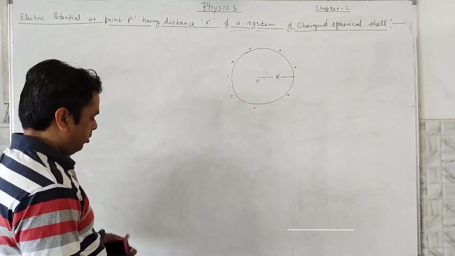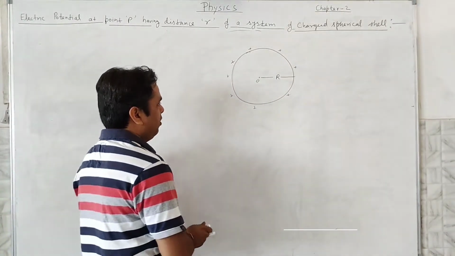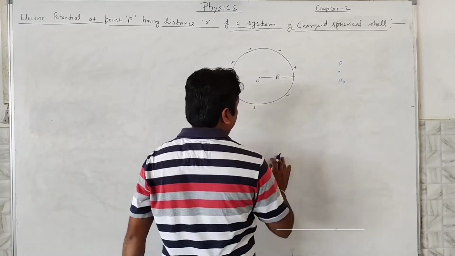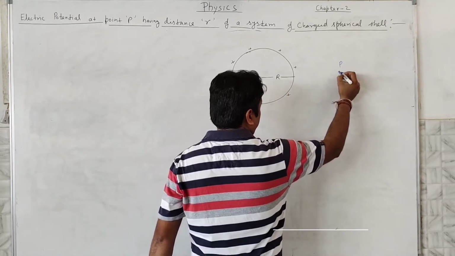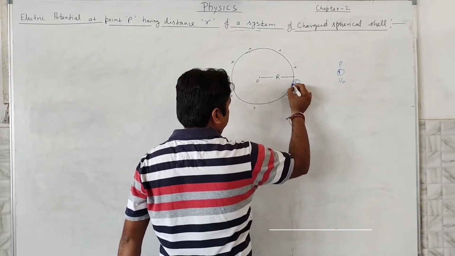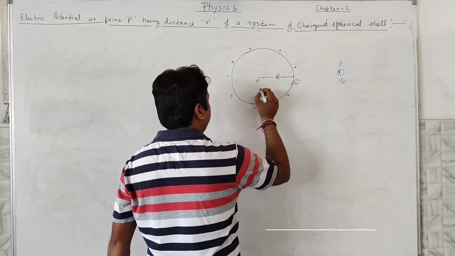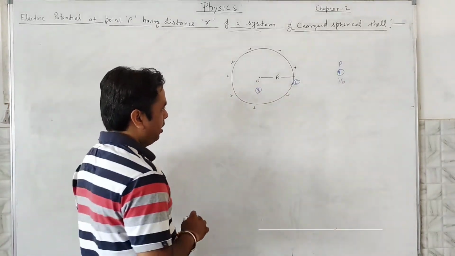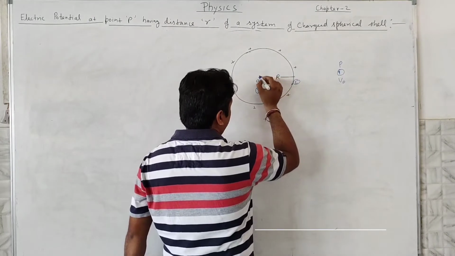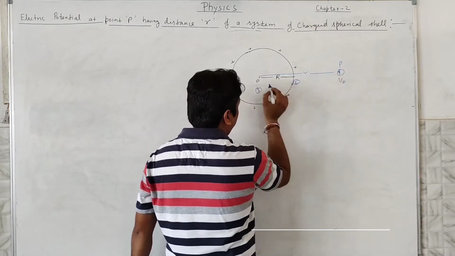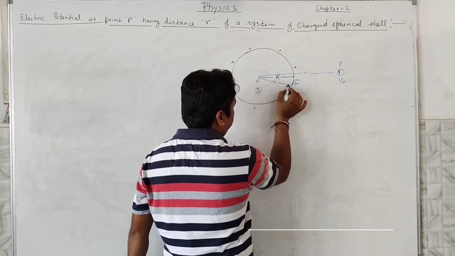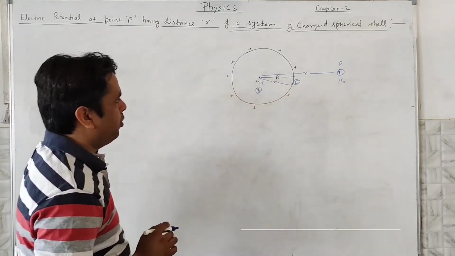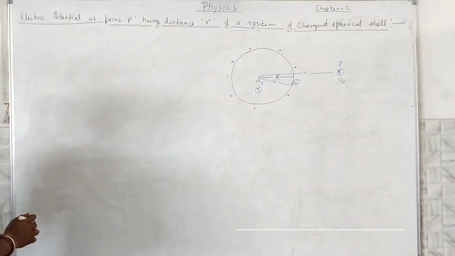So we will calculate the potential at 3 points. First point will be outside the sphere. So you can assume the point P here, which is outside. Second point we can assume here at the surface. And the third point we can assume inside the spherical shell. So first we will calculate at the point P. We can assume that the distance is r here, and we also take the distance r later on. So these are the 3 points where we are going to calculate the electric potential.